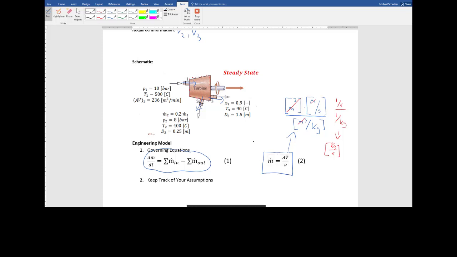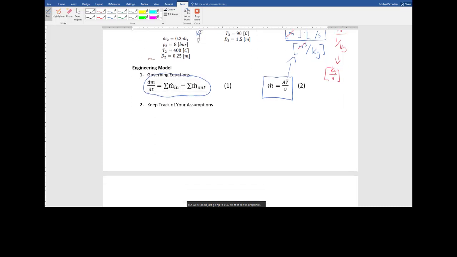Now, one of the assumptions that we don't often write down is that to use an equation like this, we're assuming that the properties at the inlet are all constant, right? That even though there may be some velocity distribution at this inlet, we're going to say, well, I can just say whatever the average velocity is, that's reasonable there, right? Or maybe there's some temperature distribution at this inlet too, which means there'd be some distribution of density or a specific volume. But we're just going to assume that all the properties at each of the inlets and each of the outlets are constant.